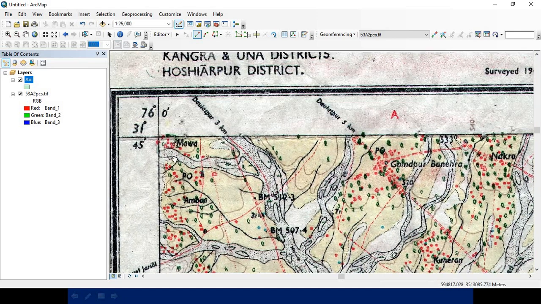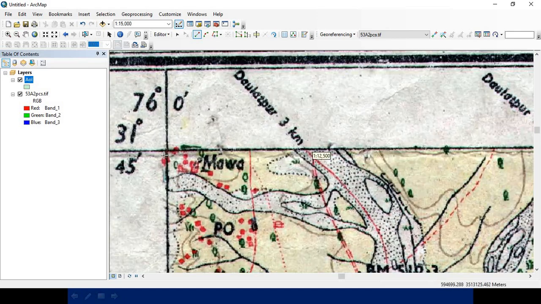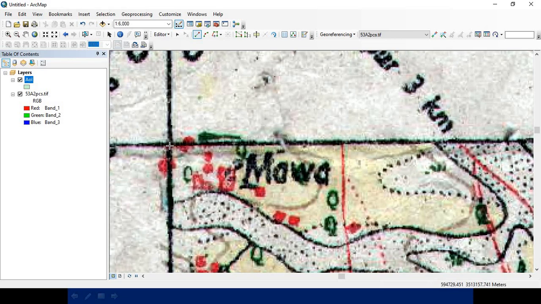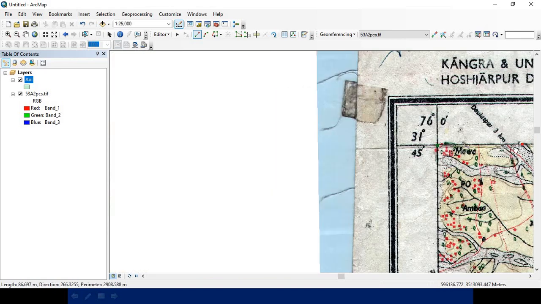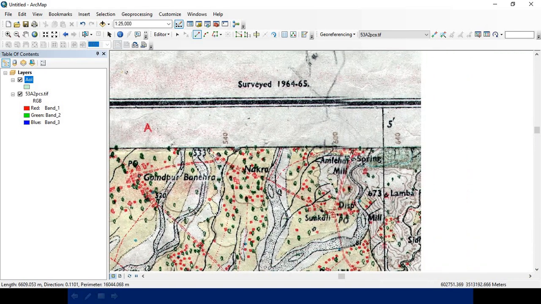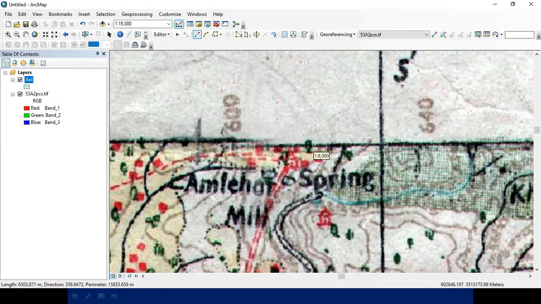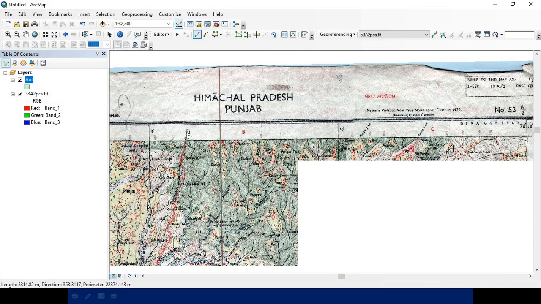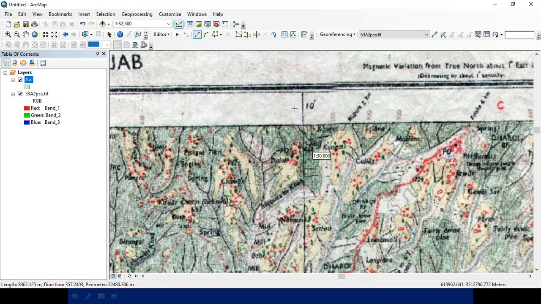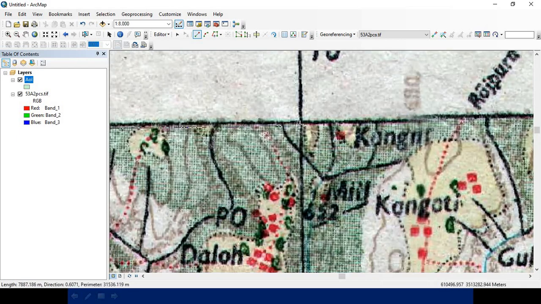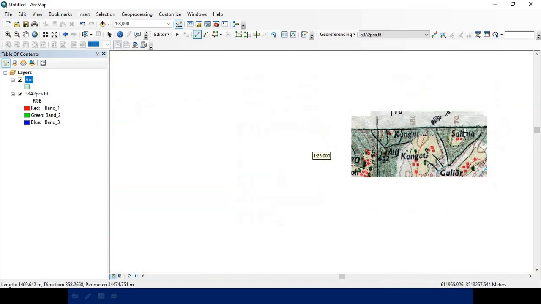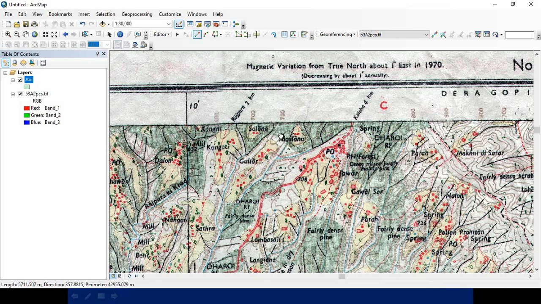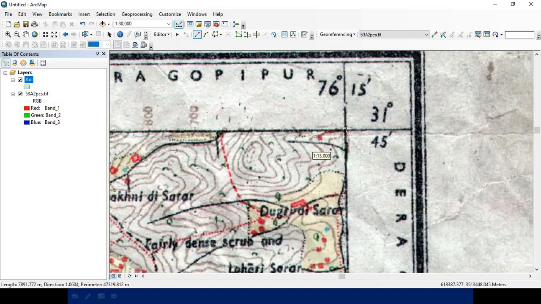Because this is the area that I want to retain, vectorization is a very tedious task, so it requires a lot of patience and perseverance. One has to maintain patience whenever you start digitization.